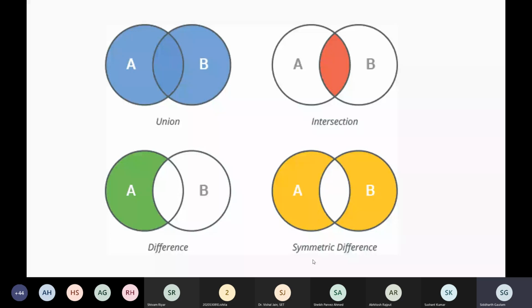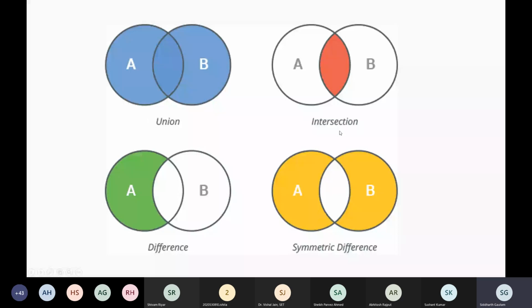Like in this diagram, let's say we have two sets here, A and B. In the first diagram, you can see the union of them and the intersection, the difference, and the symmetric difference. Okay, is anybody here who doesn't know what these functions do? If there's anyone, you can ask me and I will explain them. Otherwise, we can just move forward for now. Okay, so I'm assuming everybody already knows what a union, intersection, and the other two mean. So for now, let's just move ahead.